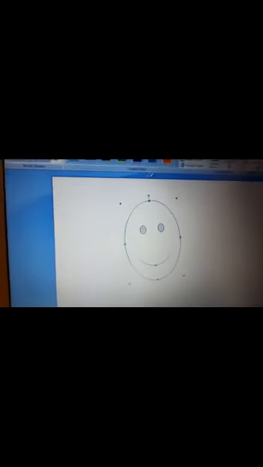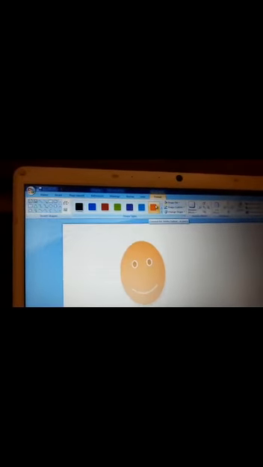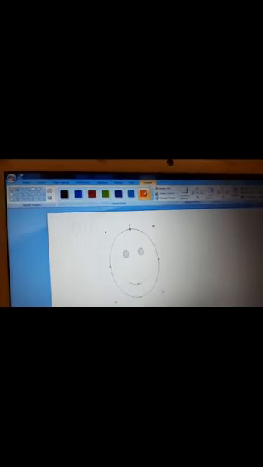Then once you select this shape, a new tab, that is the format tab, appears on the tab bar, and after that you can work with more options. Like there are options, suppose shape fill, shape outline. Shape fill means your shape will get filled with that color.